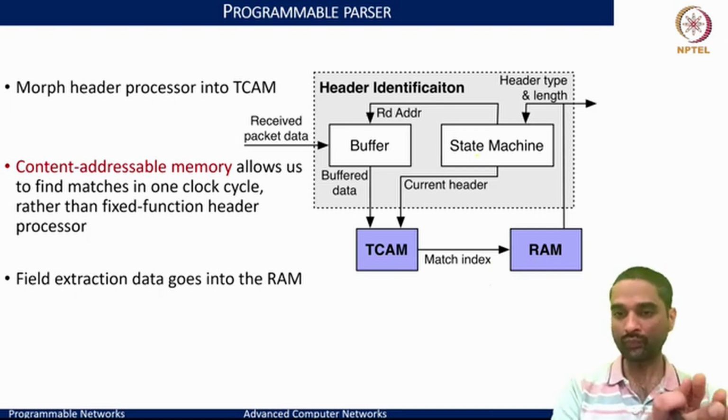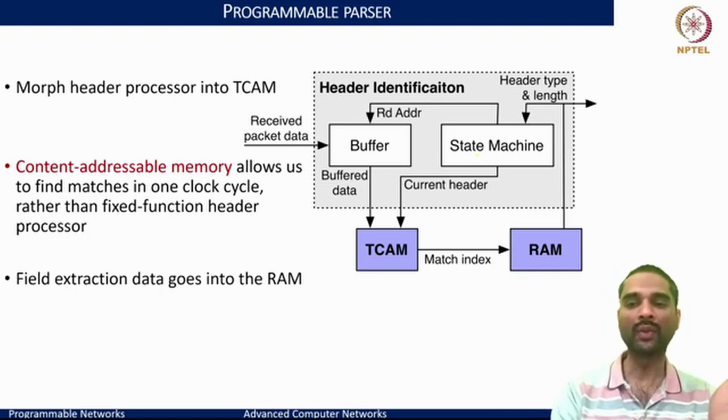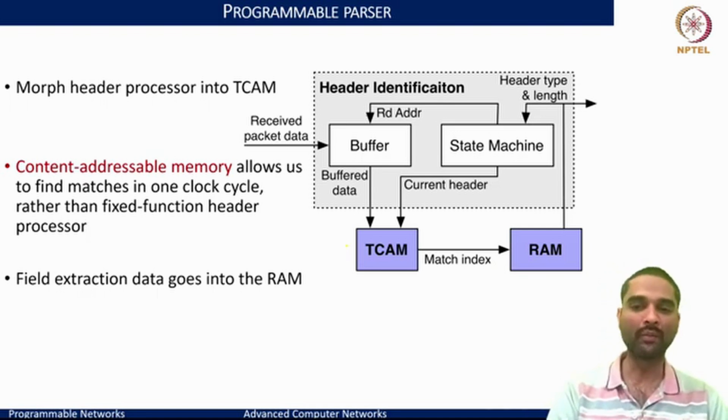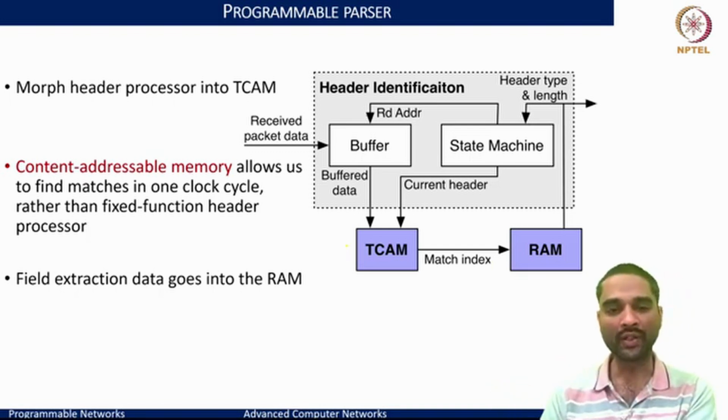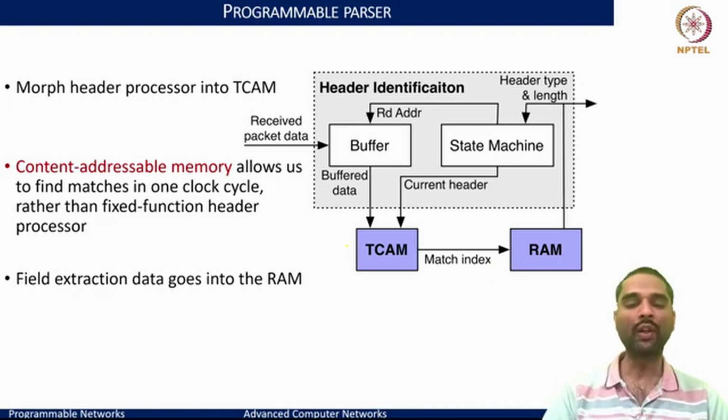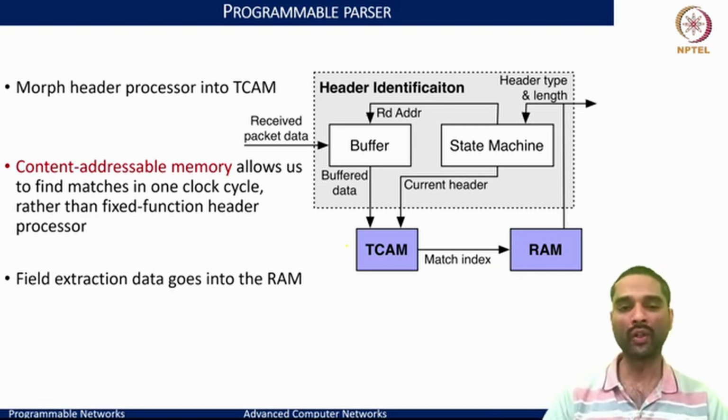So this matching can be done with TCAMs, where you specify the TCAM entry and then also allow it to be matched with the corresponding entry in the RAM, so that you can extract the data from the RAM and then take the corresponding actions. And the utility of TCAMs, although they are expensive and power hungry, is that they allow us to find matches in one clock cycle. And this really comes at a performance